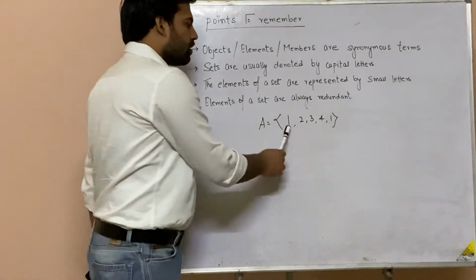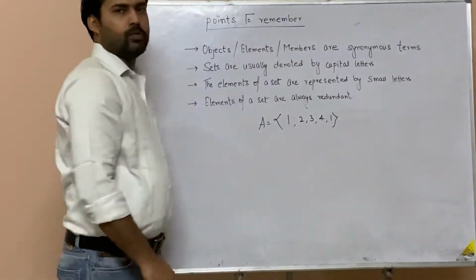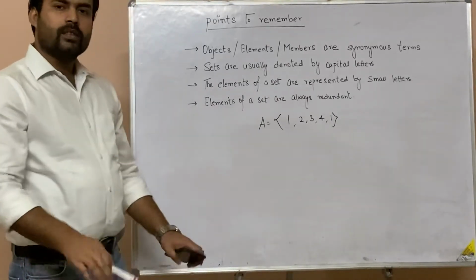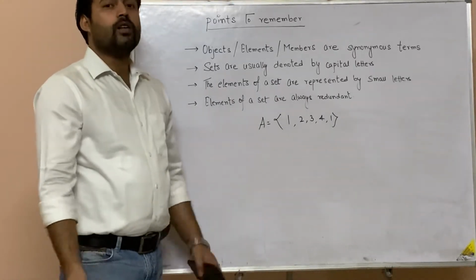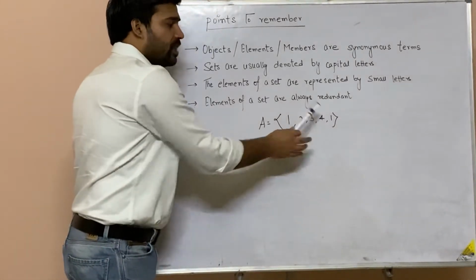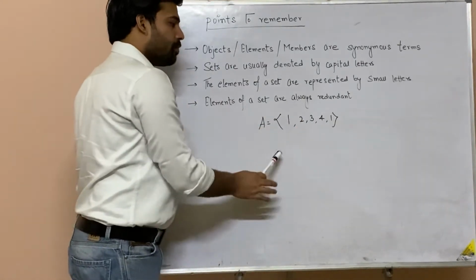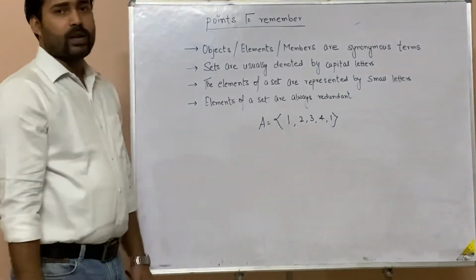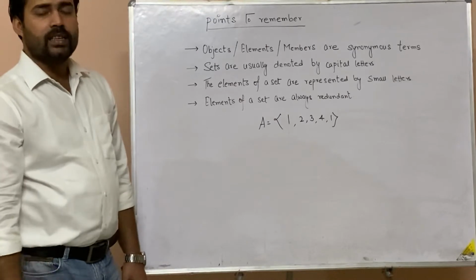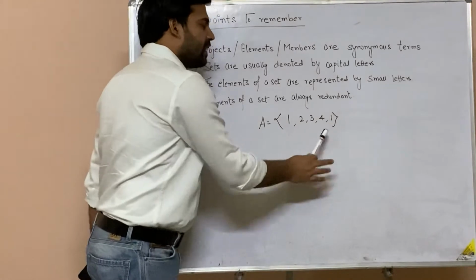Fine. So two students got 1 mark, one student got 4, one student got 3, one student got 2. So these are the marks of the students, and A represents the set of marks obtained by them in the class test. So this set is comprised of these elements. Now when you are writing down elements, you need to remember that 1 is already written one time, so it should not be given a chance to express itself once again. This is what I am saying about redundancy.